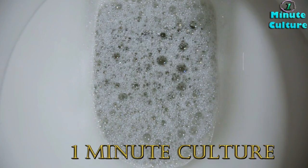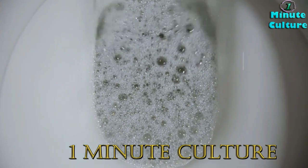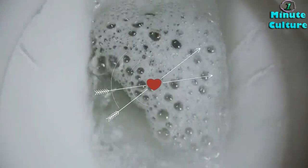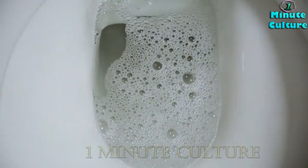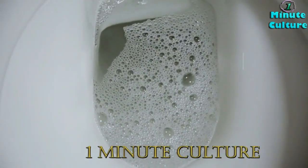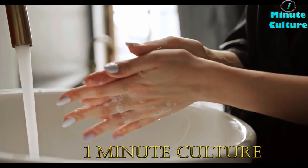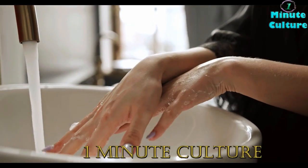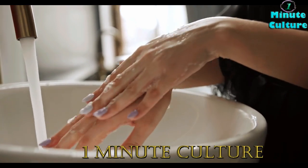4. Borax paste. Another option for stubborn hard water stains is borax paste. Borax loosens everything up, making scrub time much faster. When you make a paste out of it with vinegar, you'll create a tough cleaning formula that works just as effectively as commercial household chemicals. Make your borax paste by mixing 1/2 cup of borax and enough vinegar to form a thick paste. Then spread the paste straight away onto the hard water stains in the toilet, making sure they are completely covered